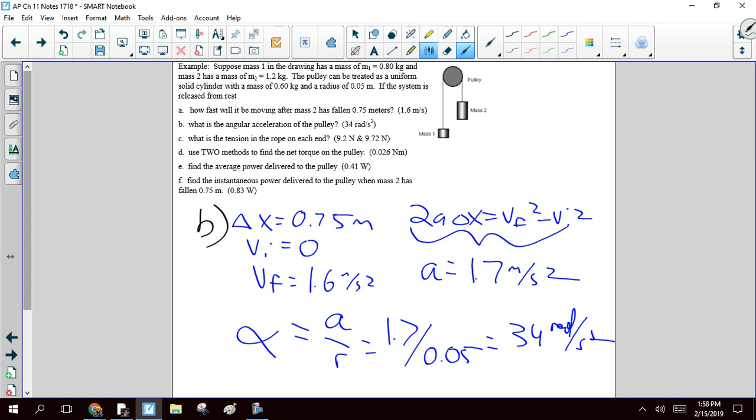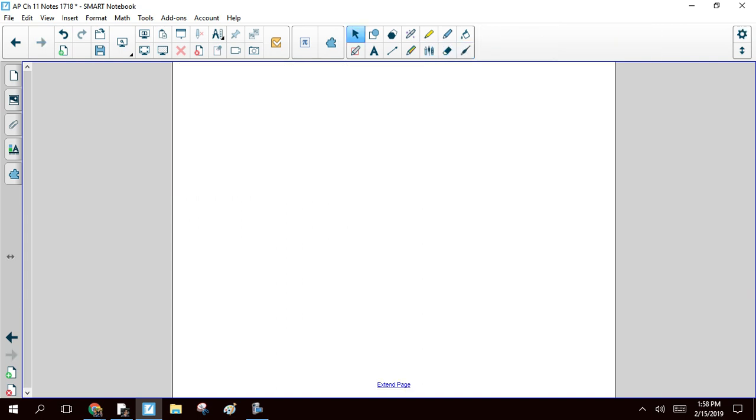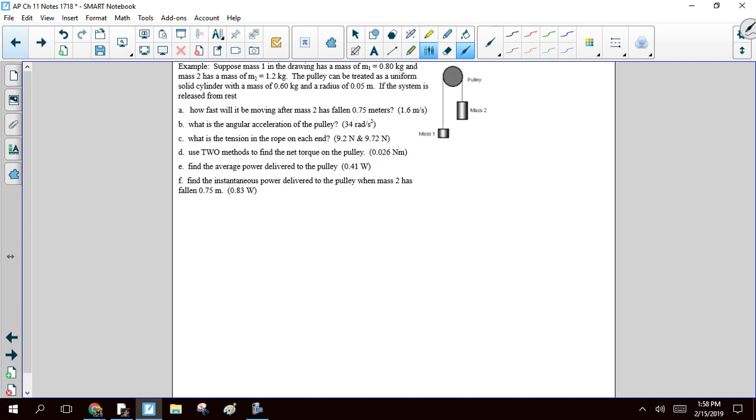And I think there's value in doing it another way, just to point out that you can, in fact, do it. We have to be able to use the work kinetic energy theorem. So let's look at this. Let's find the tension in mass 1, okay? So what I'm going to do is this. I know, for part C,